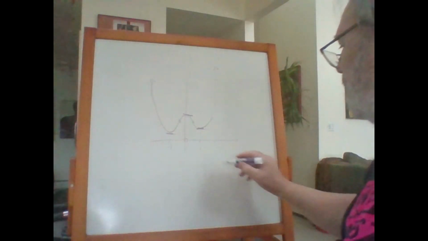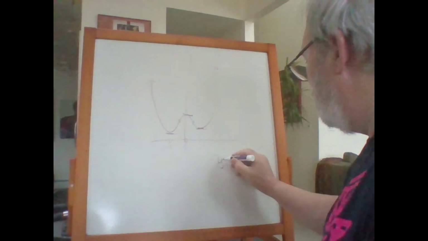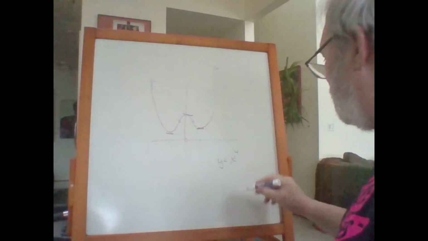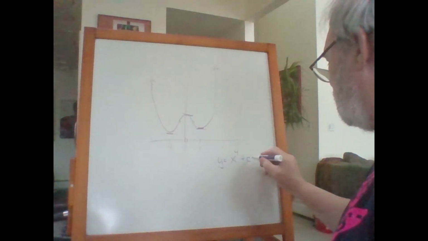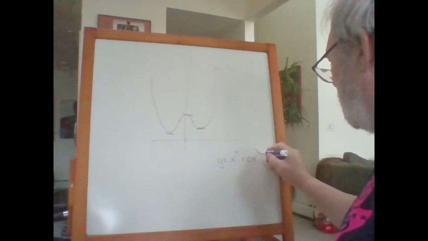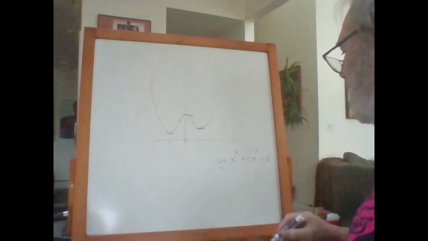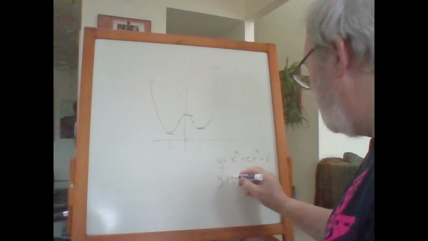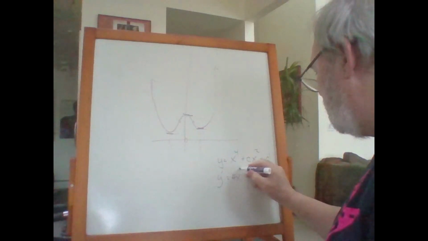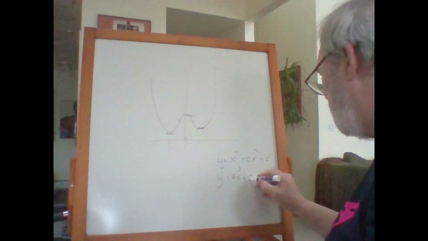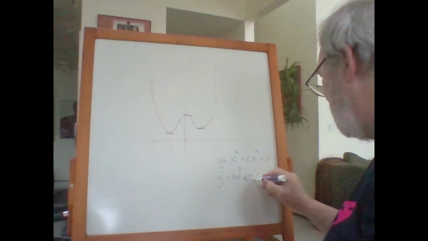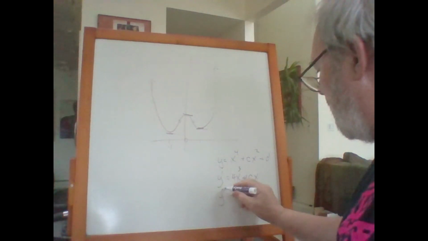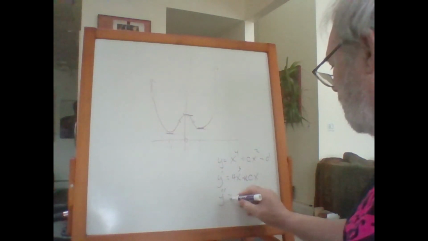And y equals some function that was x to the fourth plus some constant times x squared plus d. And then y prime was a third order function, and then y double prime was a second order function,